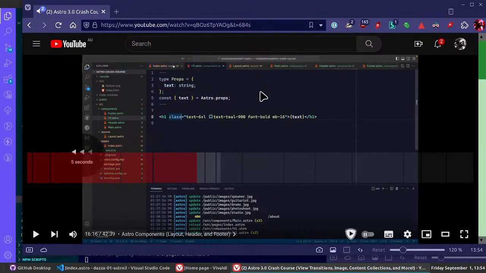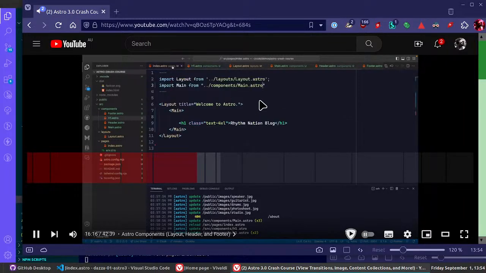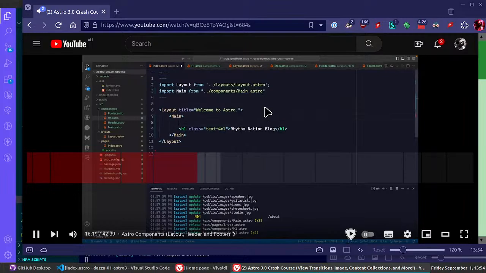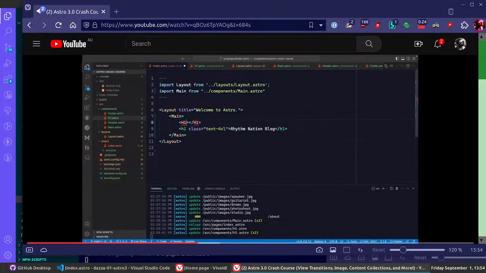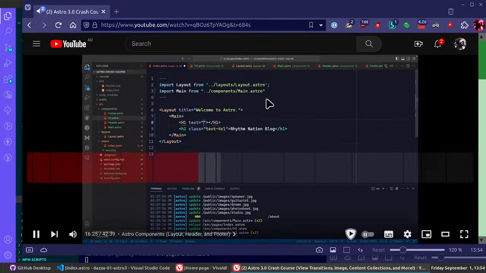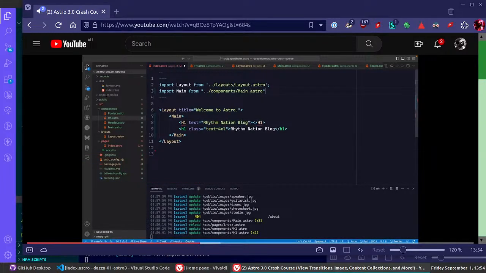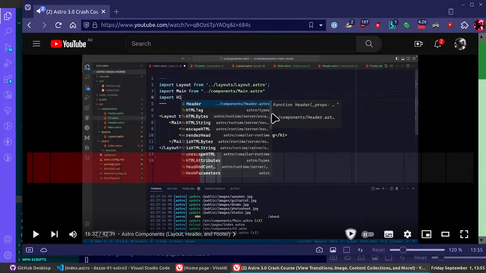So inside of our index page, we can now replace our manual h1 by... Wait, why isn't that just a class? So inside of our index page, we can now replace our manual h1 by referencing that h1 tag, set the text to rhythm nation blog, and then we'll need to import this as well. So we'll import the... I kind of get it. It'll have to become clearer later, because it just seems pointless doing that when all you're doing is applying a class and putting a text in it. When you do that anyway in the manual one